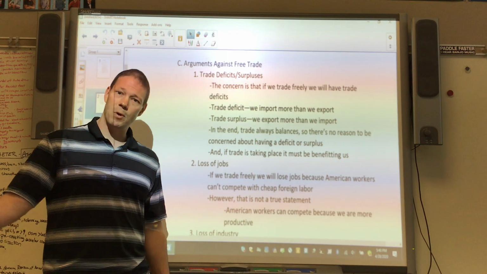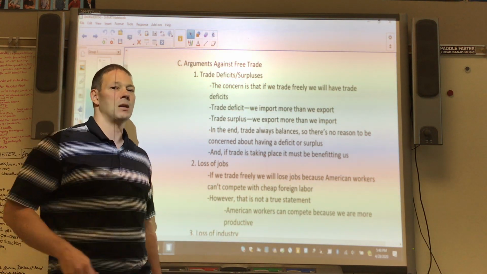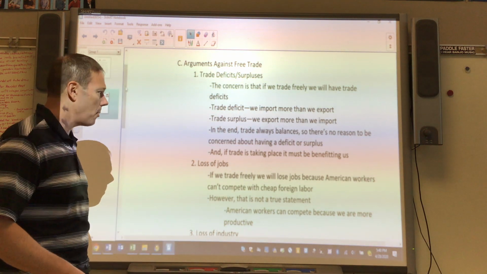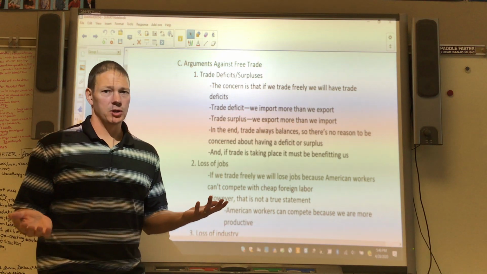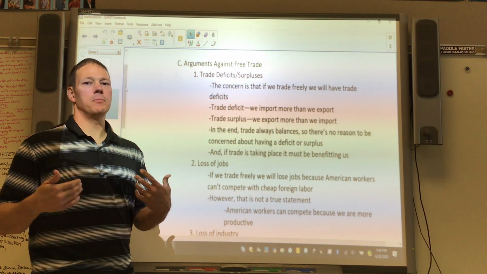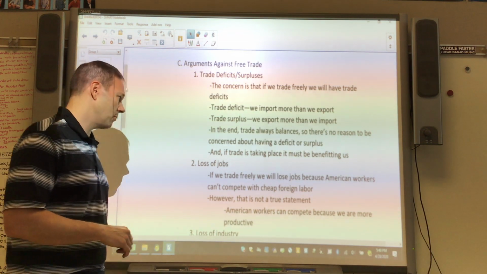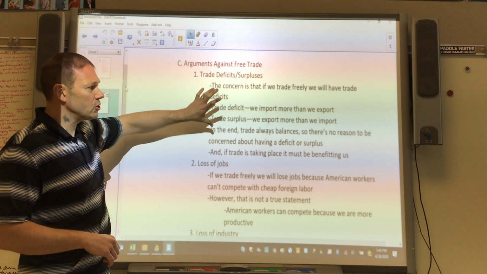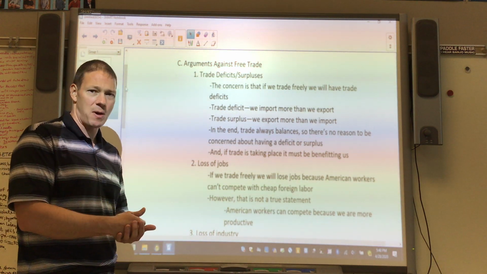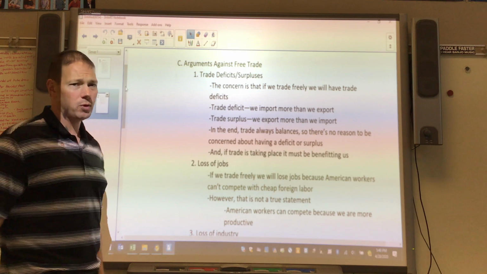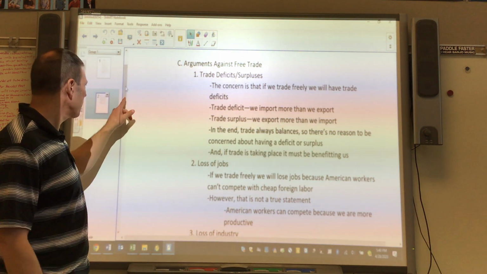Either other countries take that money and turn around and buy our stuff with it, or they reinvest it back in the United States. And both are positives for us. At the end of the day, just remember, if we're trading, it must have been beneficial to us, because that's how voluntary exchange works. You don't trade unless it benefits you. So people get concerned about trade deficits and this and that. I just don't get concerned. Trade always balances. The money makes its way back, and whether we have a deficit or surplus, we must be doing it because it's of net benefit to us.